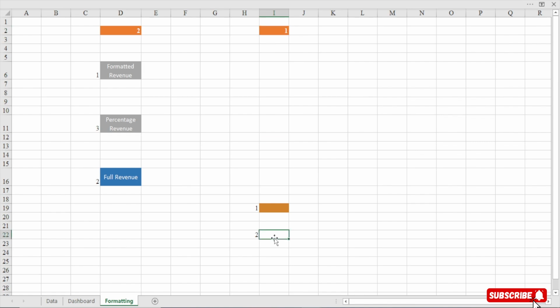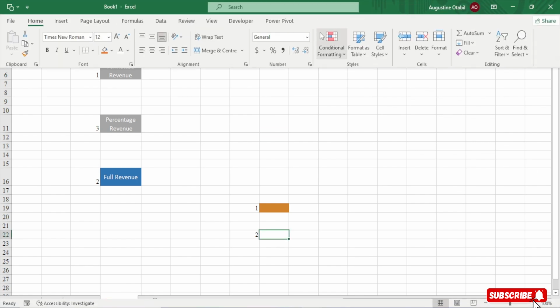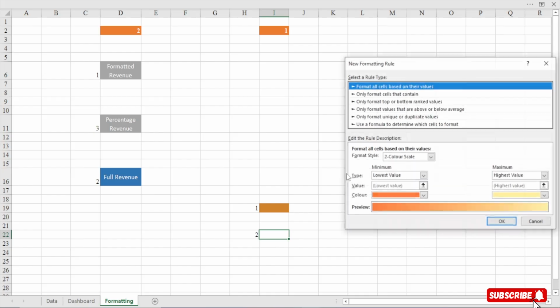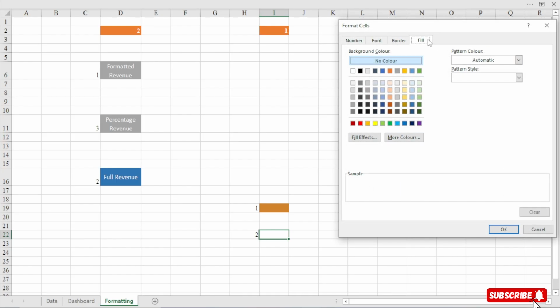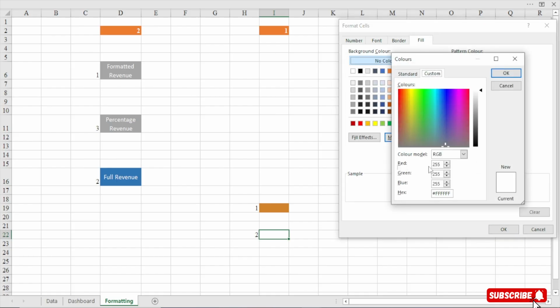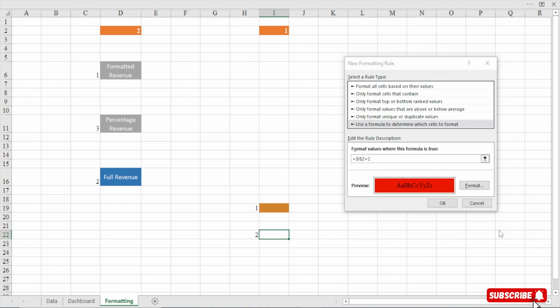Now you come here, right? You do the same thing. New rule from formula, you select this. We are going to say if this cell is equal to 2. The number in this cell is equal to 2. Then format it. Then the border, you see no border. The fill, more colors, custom. We are going to use the red color for the bottom, right? So this is EC1802. Do you see that? Perfect. So this is our red color. See, okay, okay, then okay.